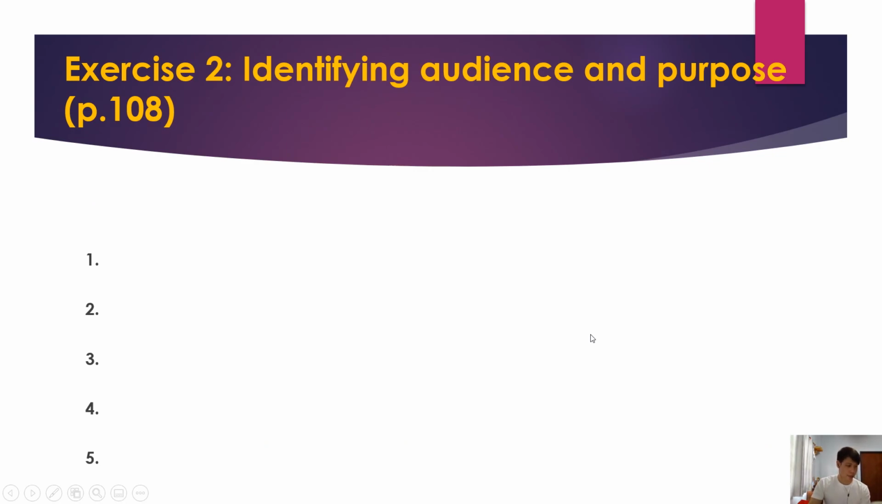Next, we move to page 108. You have to do exercise 2: match each sentence or phrase from the reading with its purpose. That means you have to understand why they wrote that sentence. Look at the first one: a rough meal was